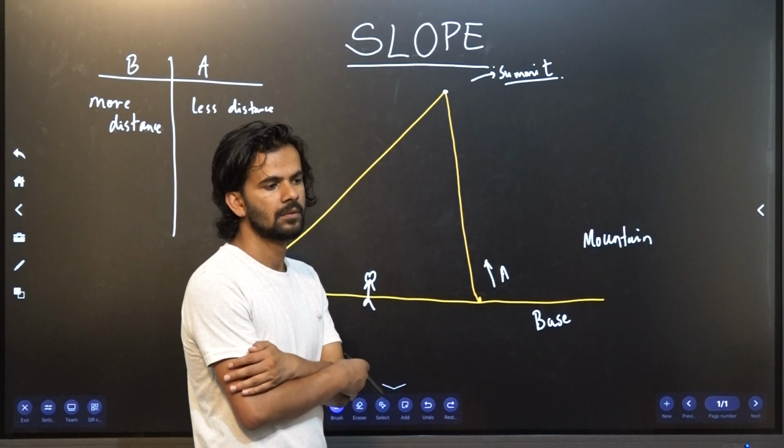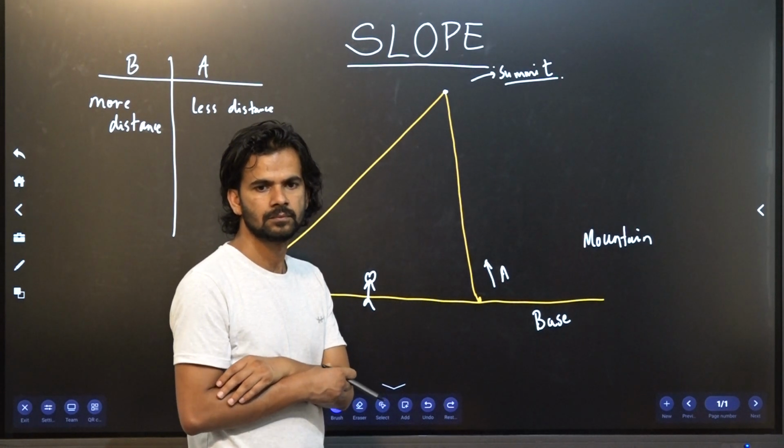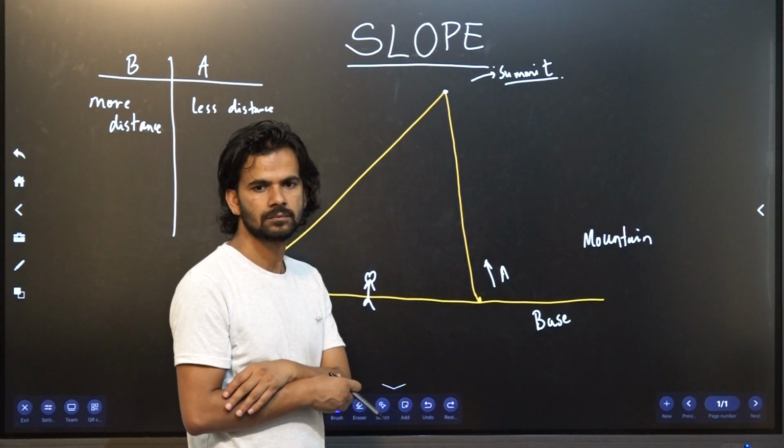In path A, of course, the angle is different. We have to move a little towards